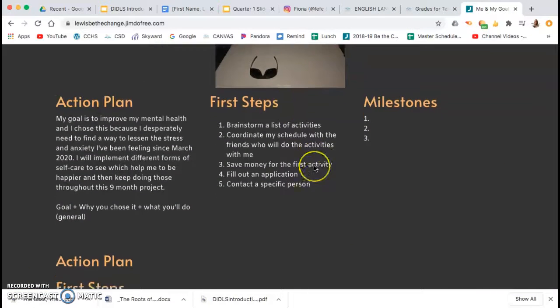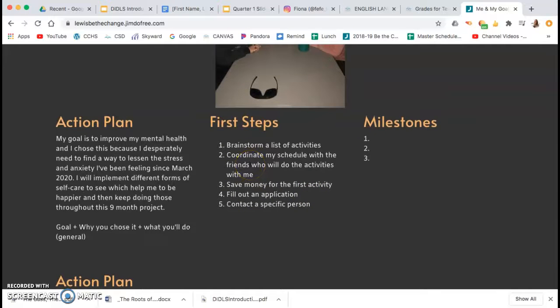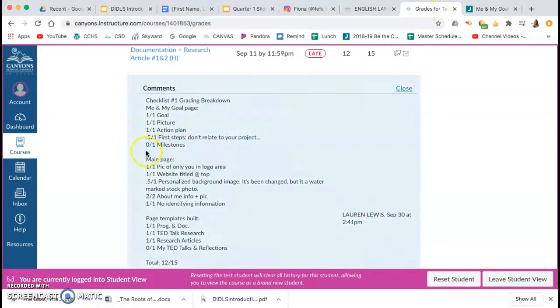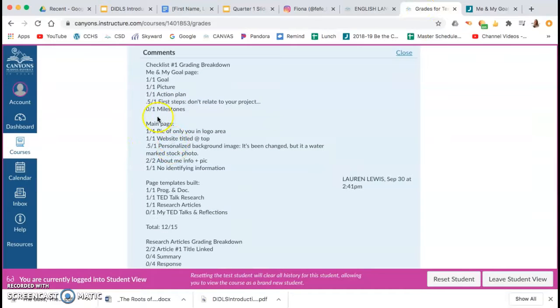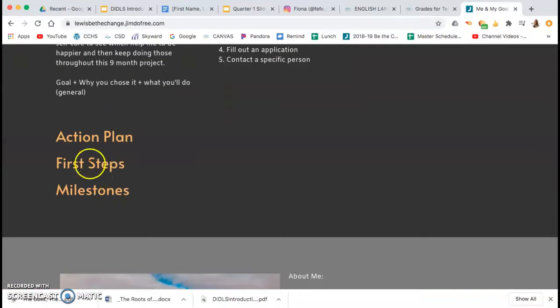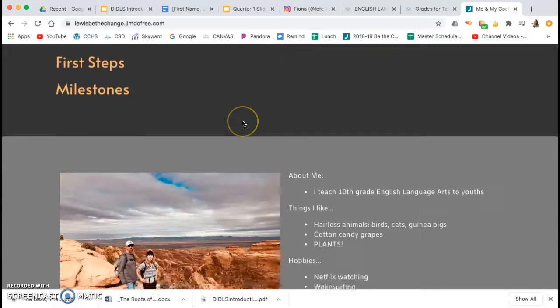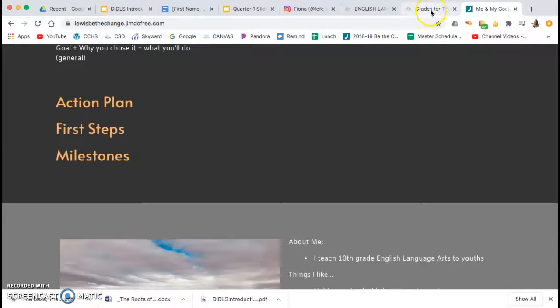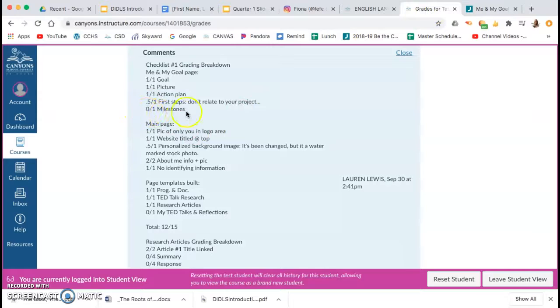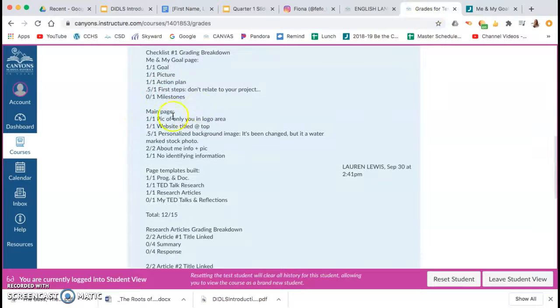These were examples of what you could do, right? And so I haven't tailored it to be my project. So some feedback for myself. I also didn't have milestones, if you noticed. I should have put a little asterisk, is that how you say it? Right here, noting that I have action plan first steps and milestones in here repeated, and it shouldn't be there. So I should have made a comment to myself to get rid of the extras, right? So if you have anything starred, that means that you just need to do it. Something was there that shouldn't be or needs to be or whatever.